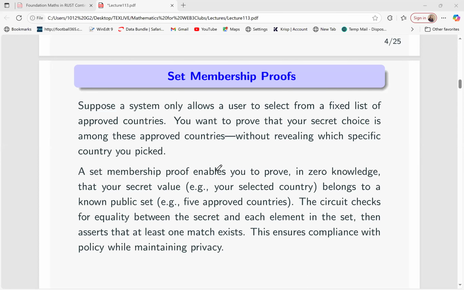So a set membership proof would enable you to prove in zero knowledge that your secret value, e.g., your selected country, belongs to the non-public set. So I'll pick 5 approved countries. Then I want to show that mine is one of the 5, but I do not want to show which one it is. So this circuit would check the equality between the secret and each element in the set, then assert that at least one match